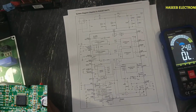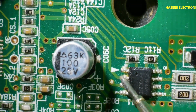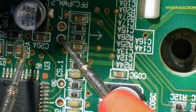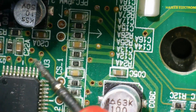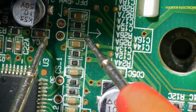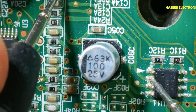Then there is the drive signal. Pins 32 and 34, these two signals are reaching here at these 2 pins. This pin and this pin, 2 and 4, these two signals. These both signals are passing to these 2 points. This one here, then this resistor, this one here, then this resistor. Then on the second side, it is reaching to